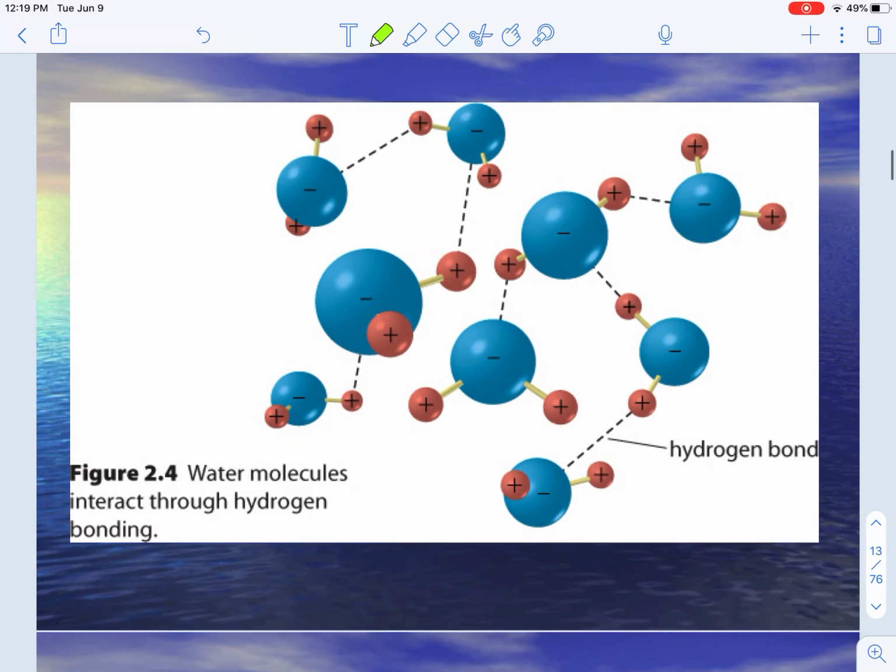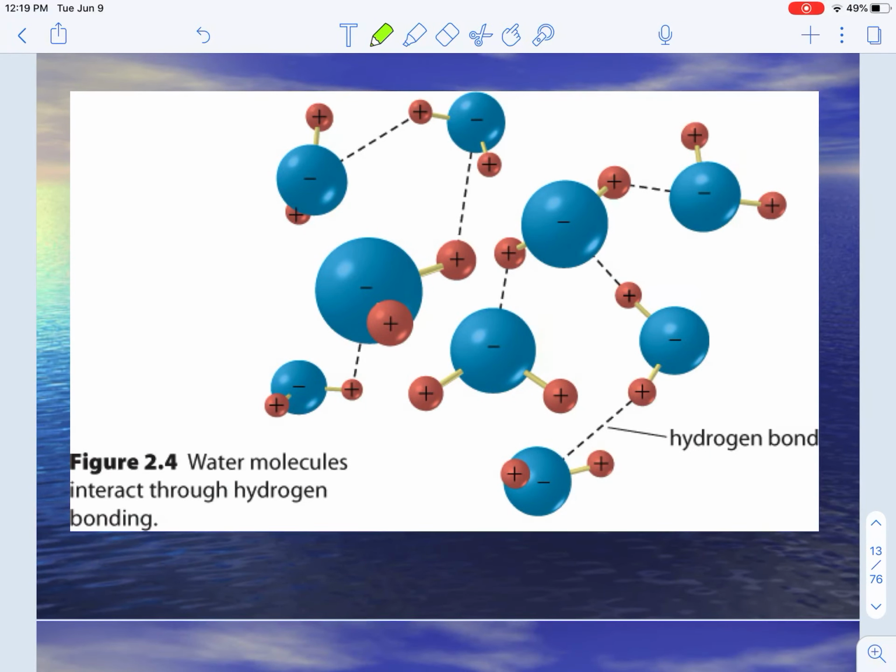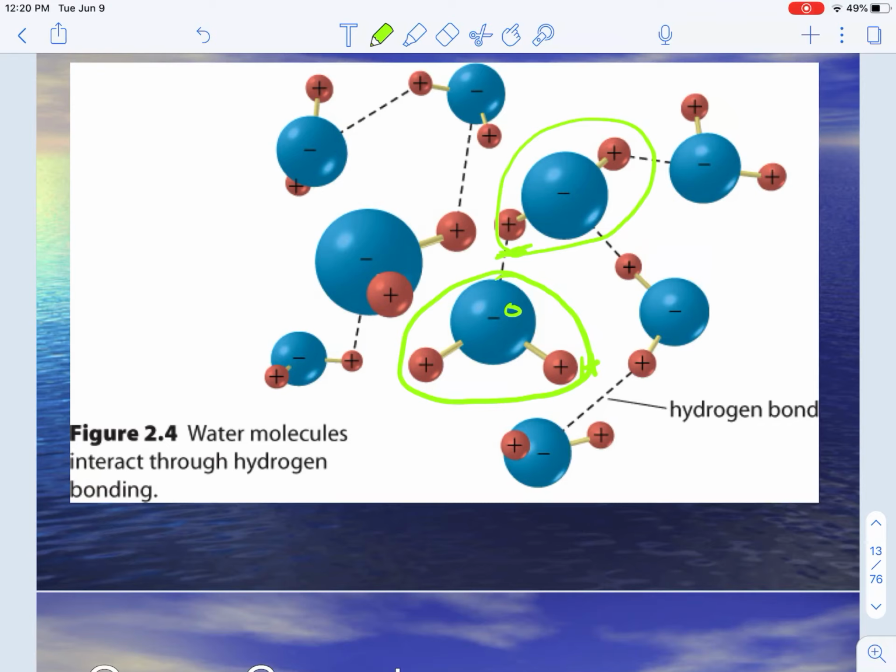And because of that high heat capacity, as I mentioned, there is a moderating effect on the temperatures around large bodies of water. Here we have hydrogen bonding demonstrated. It is the bond between molecules, because we have a polar molecule where the hydrogens tend to stick on one side and the oxygens on the other. This oxygen will be bonded strongly to the hydrogen of the next water molecule.